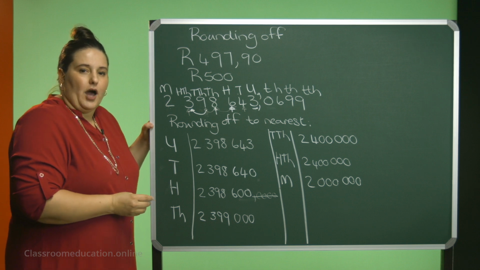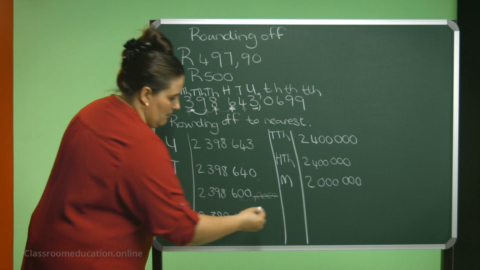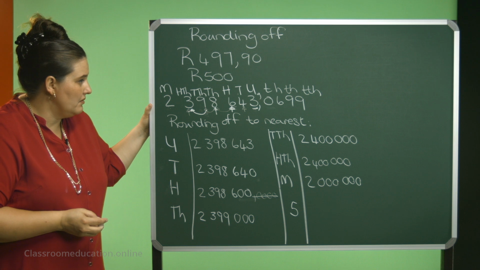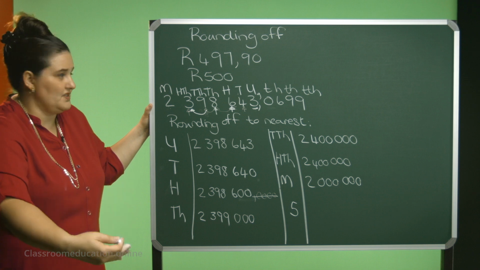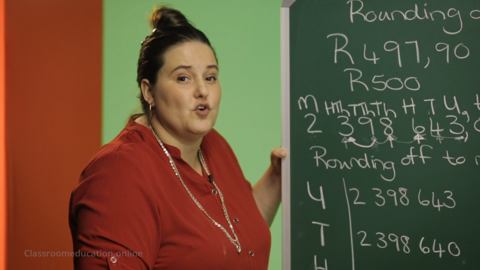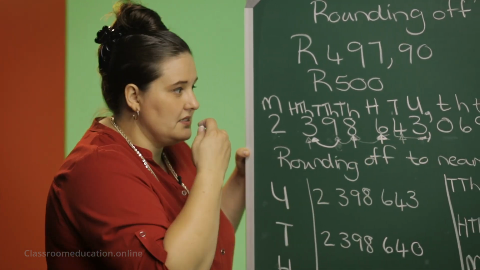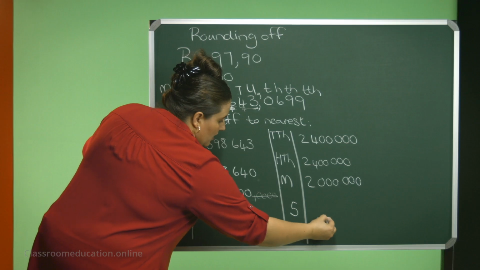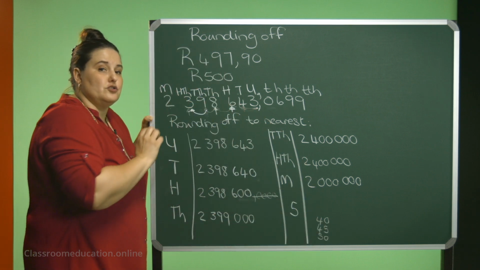Now, let's say I'm asking you to round it off to the nearest 5. Can you round it off to the nearest 5? It means like now we will count in 5s. So all of these numbers, let's have a look at the last 2. Then we will have a 43 there. So the 43, to count in 5s, it should maybe have been a 40, and then a 45, then a 50, if we only look at those 2.